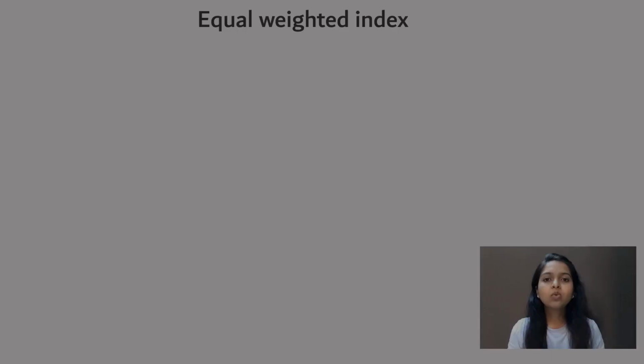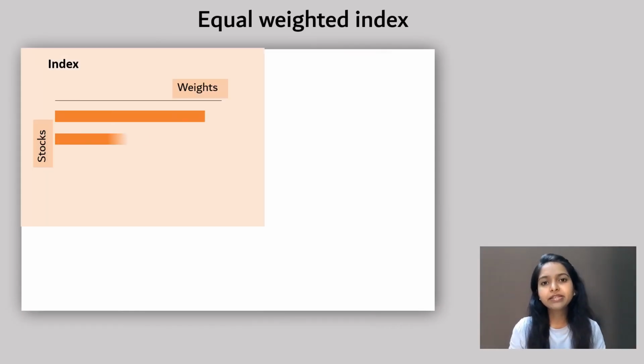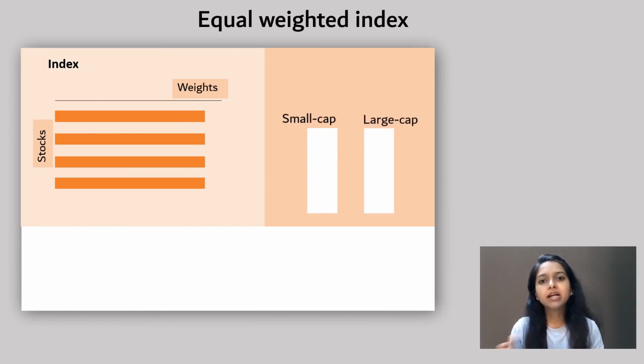This is the last part of the entire index weighing methods. Also, it is comparatively smaller than the previous two methods that I've covered. Equal weighted index, as the name suggests, provides an equal weight to every single stock in the index, which means a small cap stock has the same weight as a large cap stock, and therefore it is more diversified and